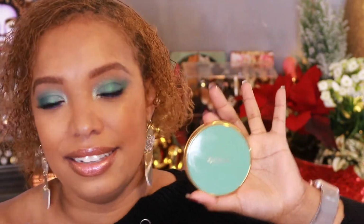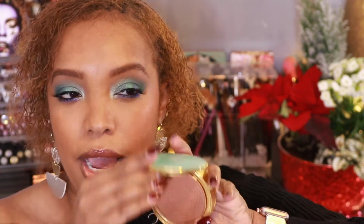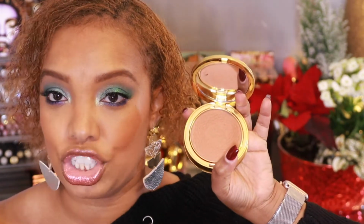It has just been such a delight to find just a different product. And I think Gucci has really revamped their beauty line. I think they've done a good job with having enough shades. Now this is the second to last shade. There is one deeper, and I think they can add a couple more shades to be realistic, but there is kind of something, I wouldn't say for everybody, but it does hit a wide variety of skin complexions with this